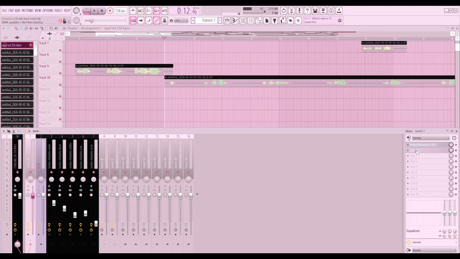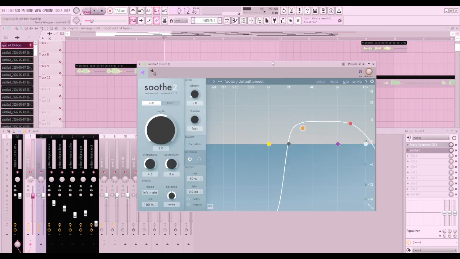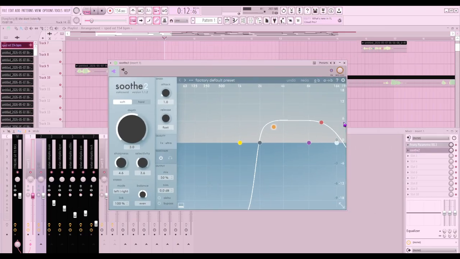Now guys, please get Soothe 2. If you can find Soothe 2 and get this VST, it will save your mixes, I'm telling you, because most of the time some of your mixes are getting drowned out by the beat. But with Soothe 2, it mixes the vocals with the beat. I do a mix of 50%. I put the depth to 3, and I also